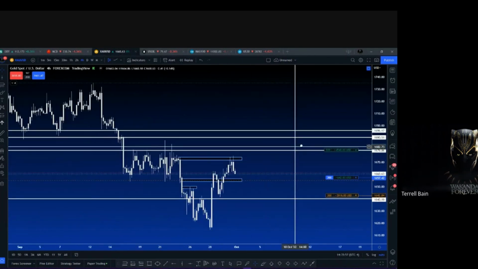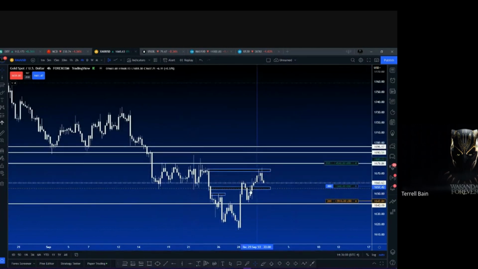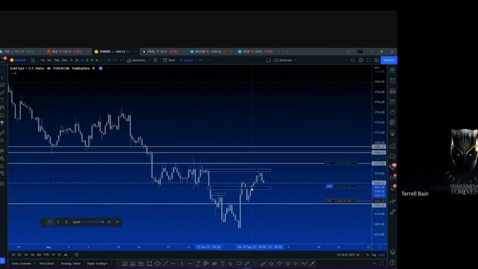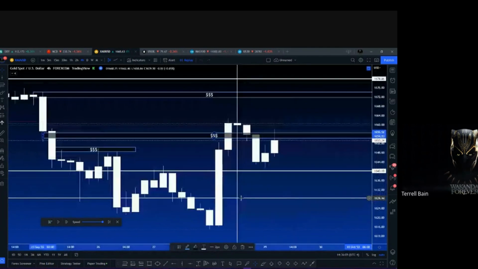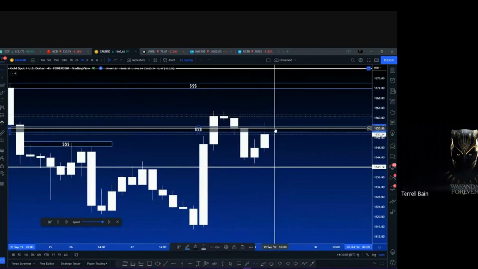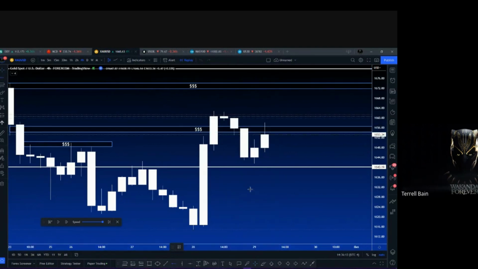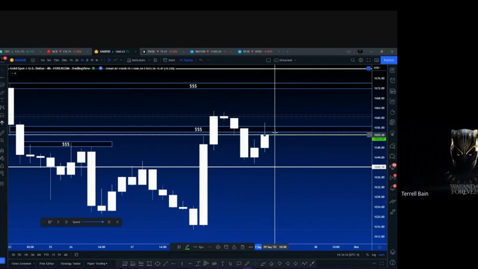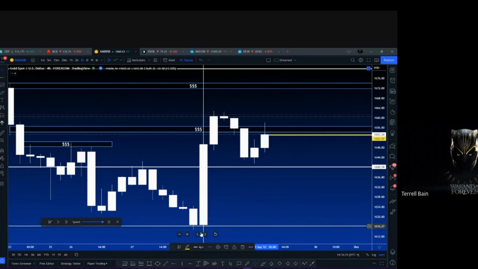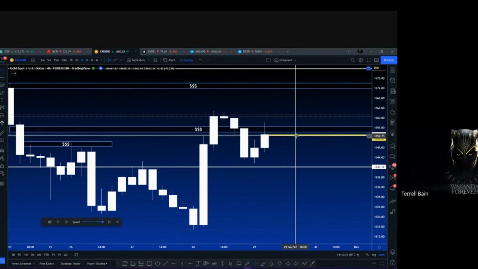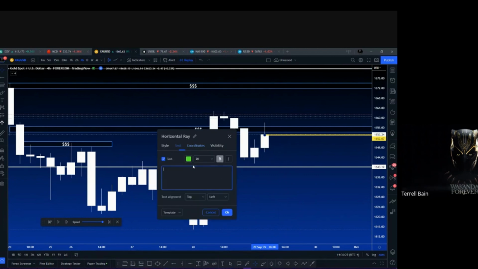So gold, perfect example. I'm going into replay mode, and right here we got in on the gold, roughly in this area, and I told everybody to buy. So now I bought. Let me put this right here, that little green line. I'm gonna blow it up. All right, there it is. That little yellow, let's say entry. Boom, there it is.